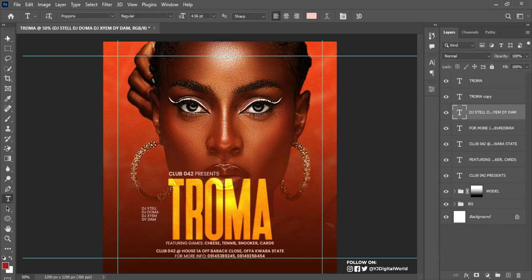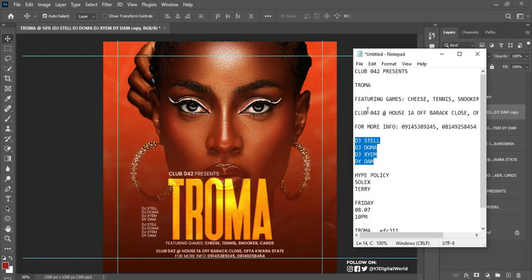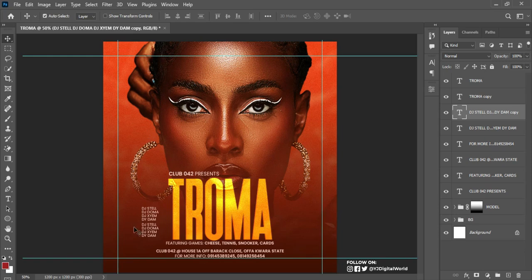Okay, after scaling down the size, you can make a duplicate of this and drag it this way. Make sure it's overlapping with this. Check, pick your text tool again from here. Pick your text tool and edit and paste this in. Pick your move tool. Make sure this is overlapping with